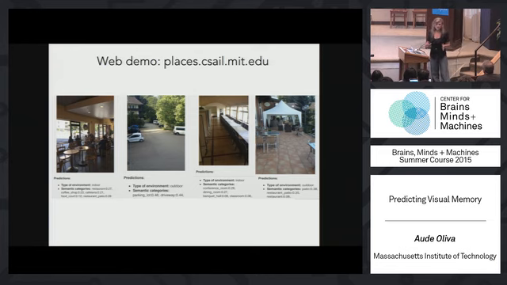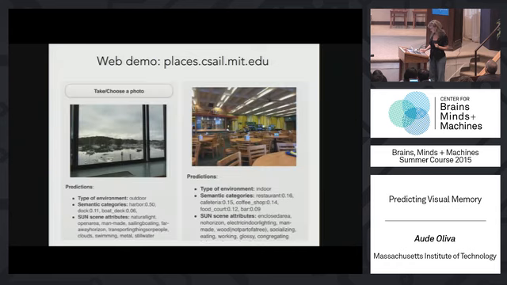So if you go there, you can also give feedback if one of the labels matches the environment that you're looking at. And it should be about 80% correct. This model uses 1.5 million images and 200 categories. So soon with the upgrade, we hope that things will be even more interesting and accurate.